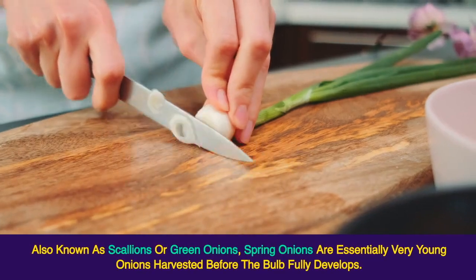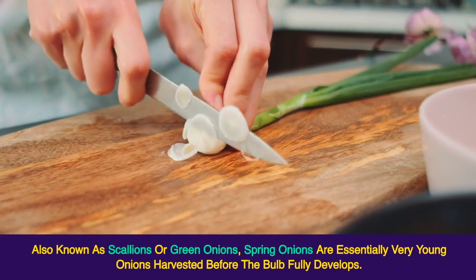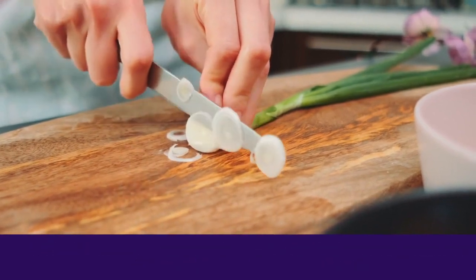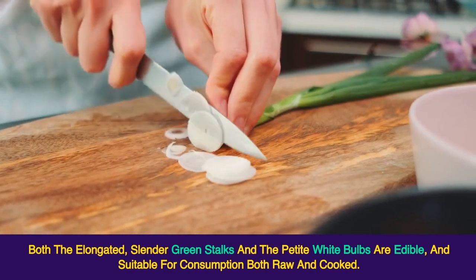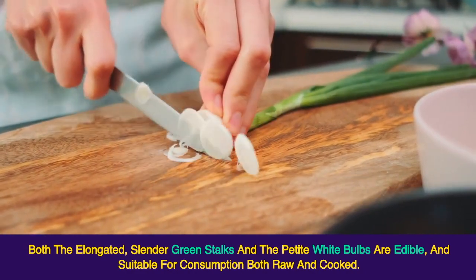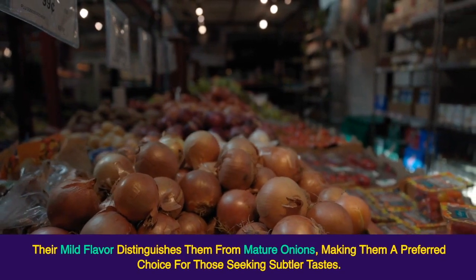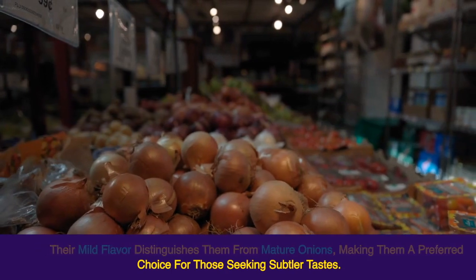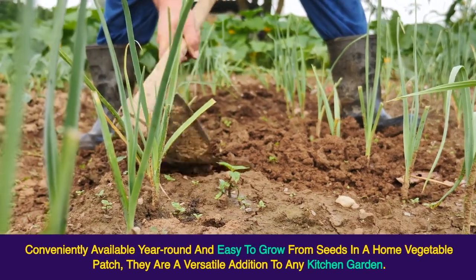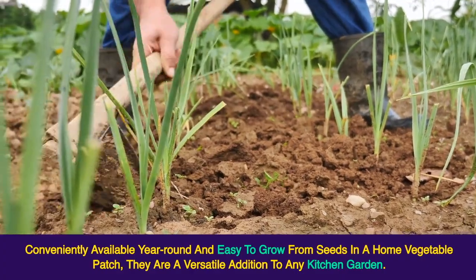Also known as scallions or green onions, spring onions are essentially very young onions harvested before the bulb fully develops. Both the elongated, slender green stalks and the petite white bulbs are edible and suitable for consumption both raw and cooked. Their mild flavor distinguishes them from mature onions, making them a preferred choice for those seeking subtler tastes. Conveniently available year-round and easy to grow from seeds in a home vegetable patch, they are a versatile addition to